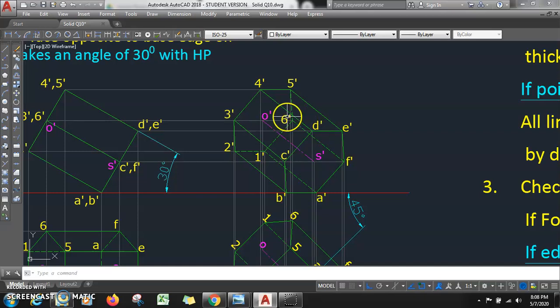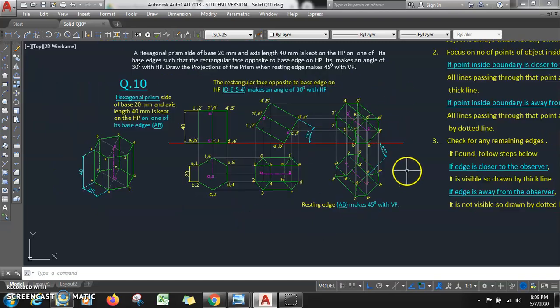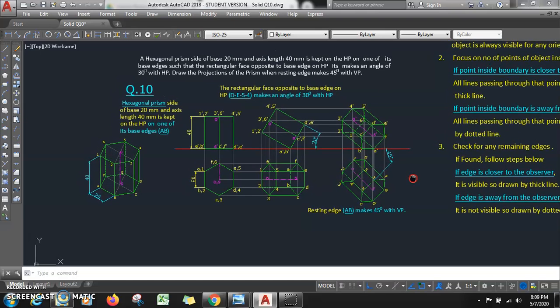तो इसके अलावा कुछ edges remaining थे क्या, नहीं, so this object is complete। ठीक है, so object this hexagonal prism will be resting on edge, then opposite rectangular surface is making an angle of 30 degree, and finally resting edge is making an angle of 45 degree। ठीक है, so once we complete with step number 3, this solution is complete। ठीक है, I hope you have understood the problem, thank you।